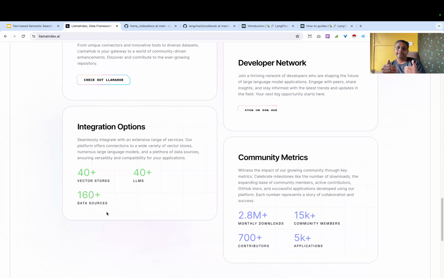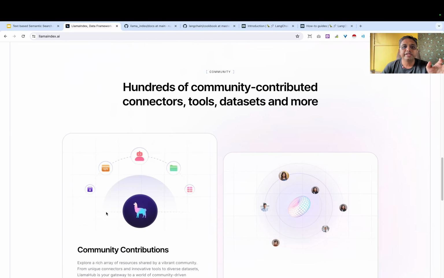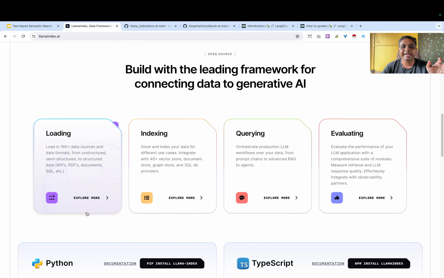So you can combine both: Llama Index for better retrieval, and for generation you can use templates of langchain. If you look at the details and features of both packages, like here it is loading, indexing, querying, these three can give you more hint about why Llama Index might have been built and what type of problem it is trying to solve.